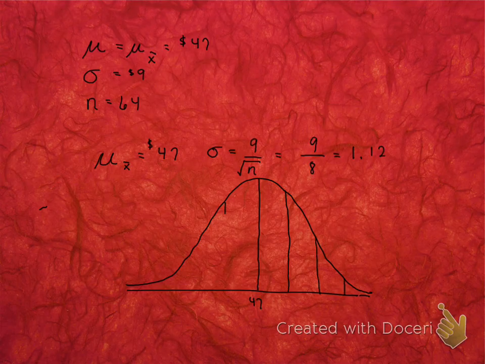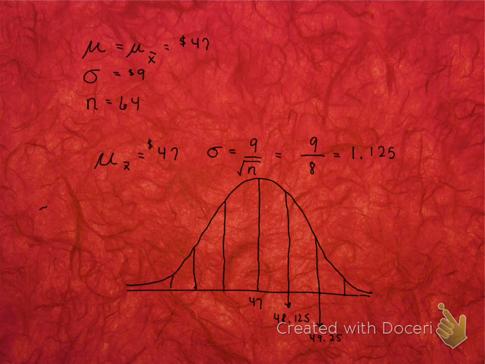And how we get to these standard deviations is to add 1.125 to 47. So 47.125 here would give us 48.125. Then we would add 1.125 to that and get